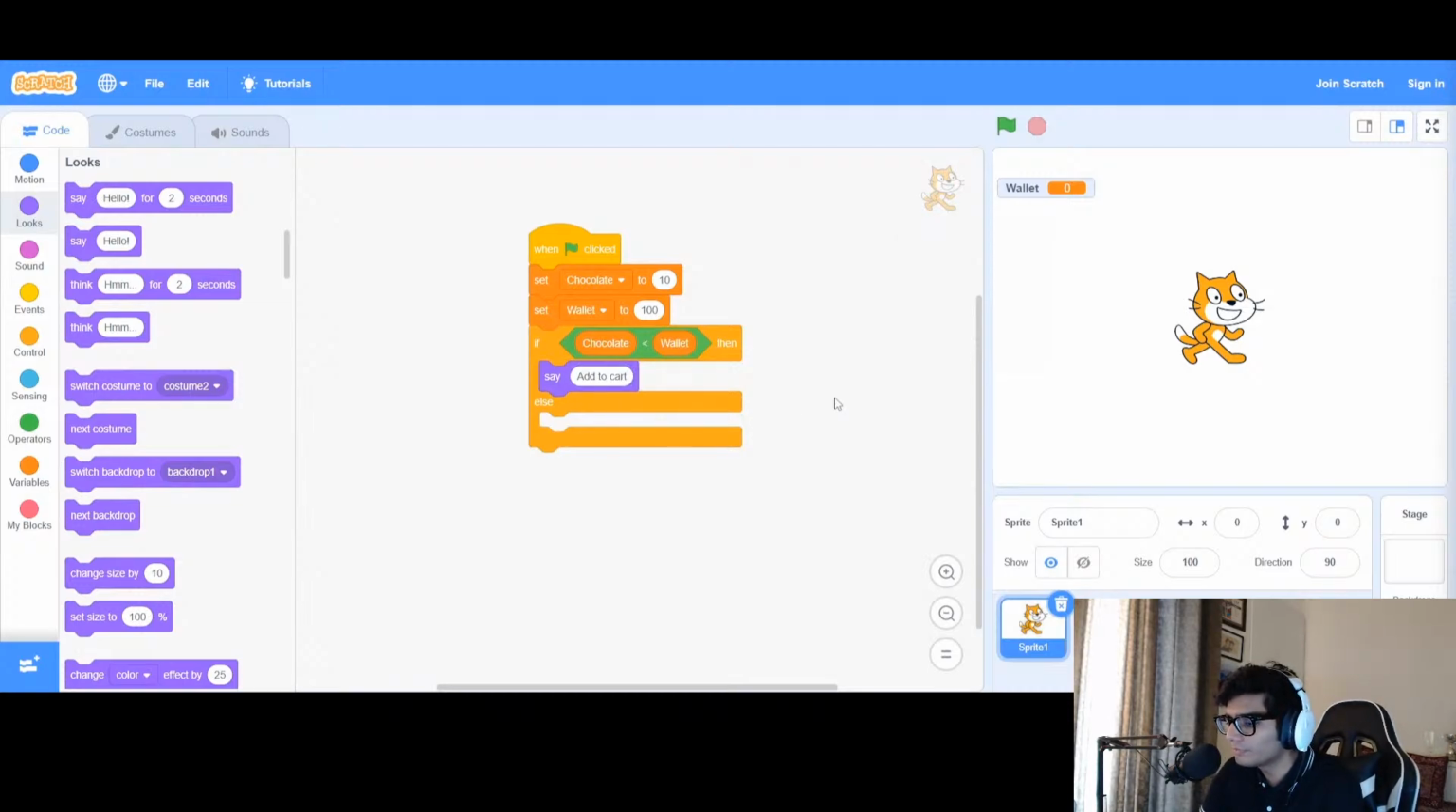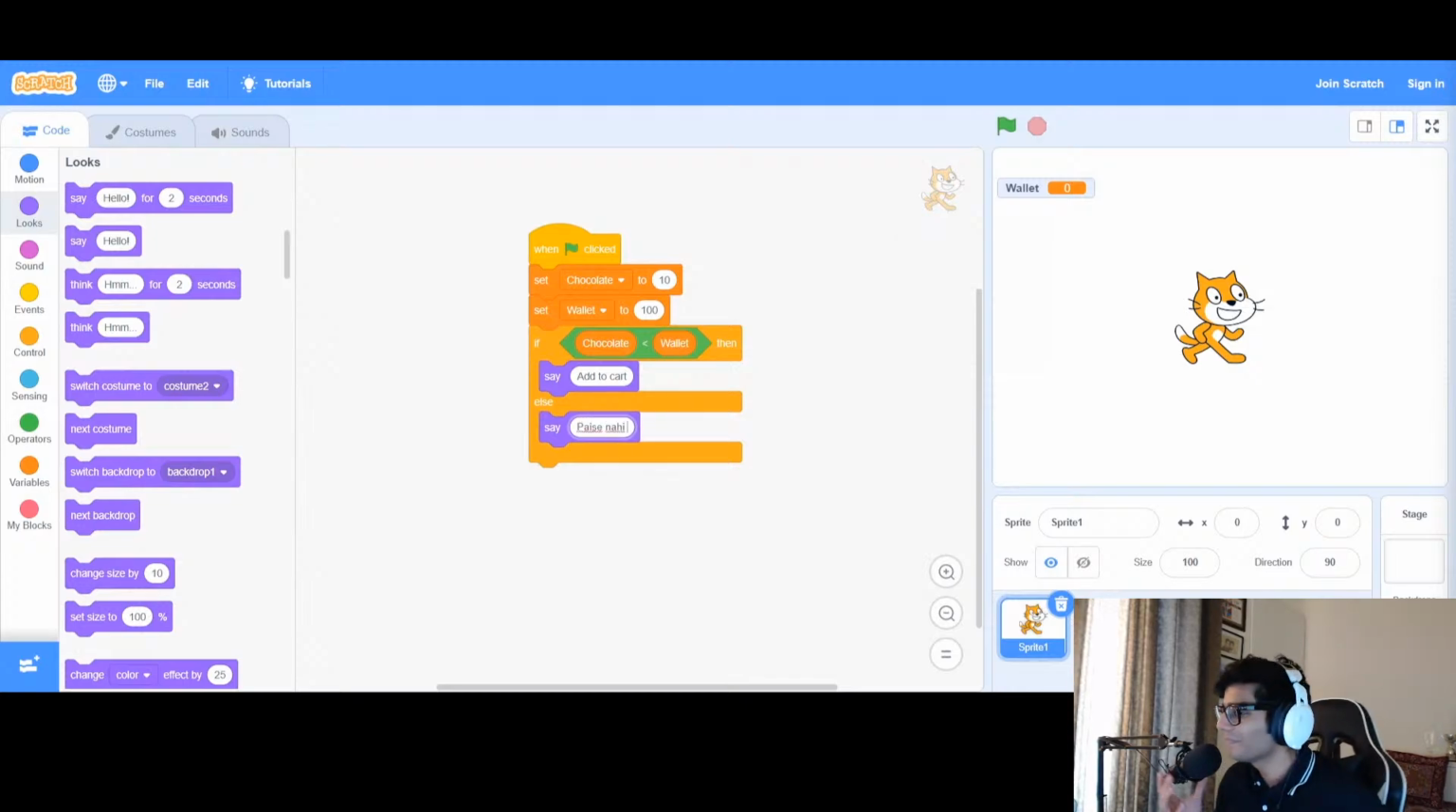और अगर चॉकलेट का प्राइस वॉलेट से कम था तो हमने बोला ऐड टू कार्ट। एल्स हम क्या बोलेंगे? पैसे नहीं है। यही लिखते हैं, पैसे नहीं है। एल्स, पैसे नहीं है। ठीक है।